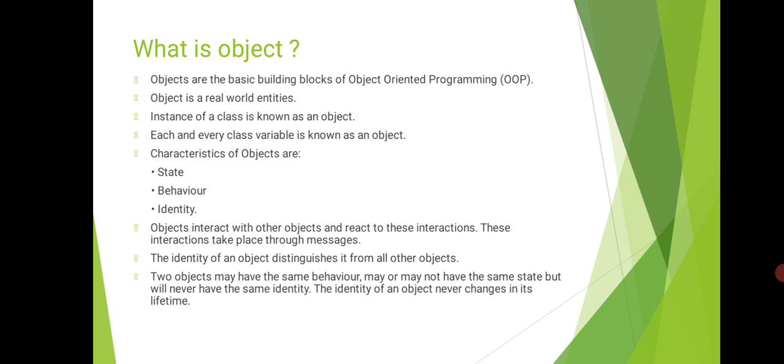Okay, so for example, C1 ID is 1, C1 name is Smith and C1 age is 21. Similarly, C2 ID is 2, C2 name is Annie and C2 age is 29, like this. So each object has its own attributes. They can have different identities, but they can have the same behaviors and same state, though they do not have the same identity.